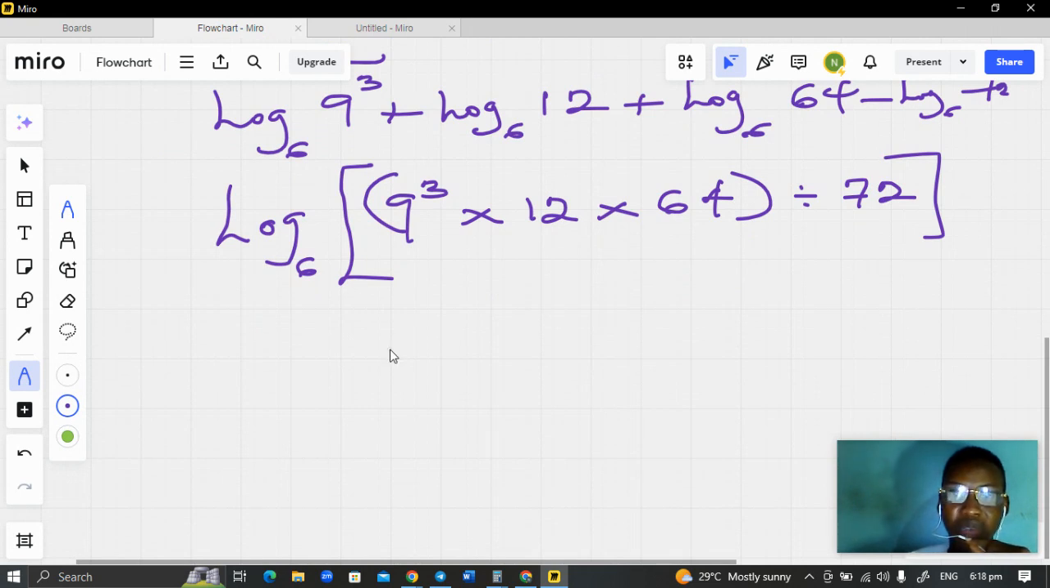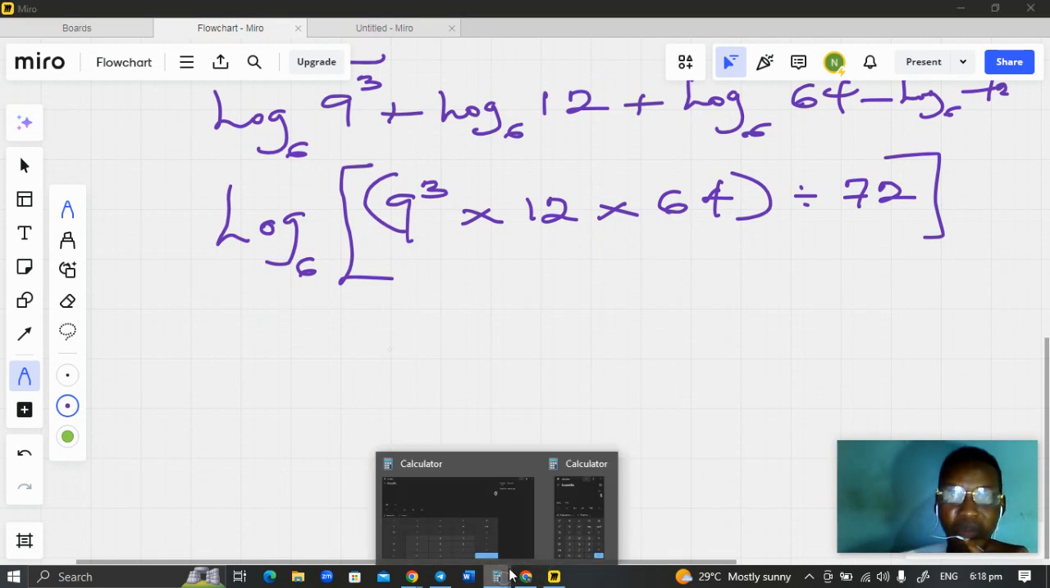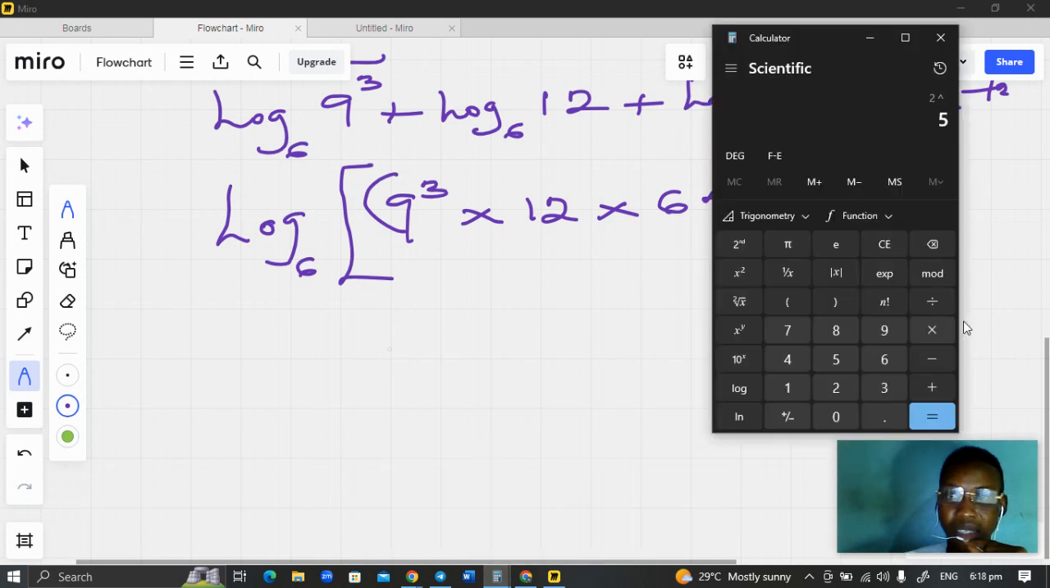So 9 raised to the power of 3 simply implies that we need to multiply 9 in 3 places. So which is 9 raised to the power of 3. Let me clear this. 9 raised to the power of 3. That should give us